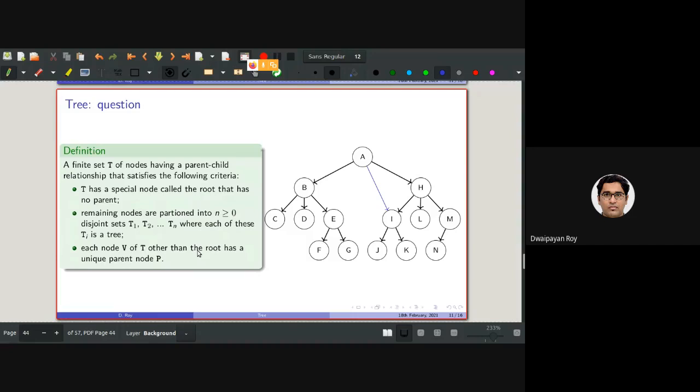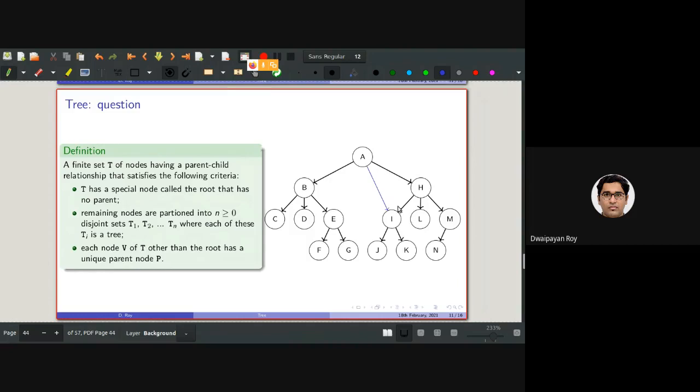Is this diagram a tree? Anyone? No. This is not a tree. Why? Which condition is getting violated here? Third condition, nodes I and H have the same parent. Correct. So the third condition is not getting satisfied for all the nodes.